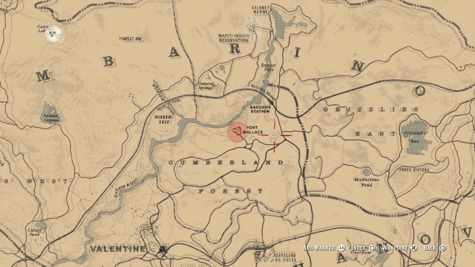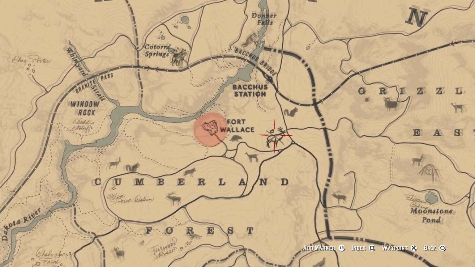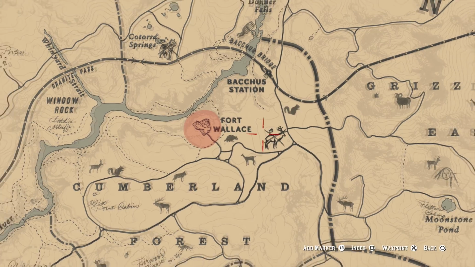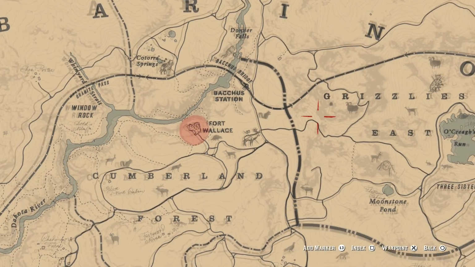Now, to find this is just directly east of Fort Wallace. So if you have discovered that, you should have no problem actually finding this. But the main thing you want to do here is from Fort Wallace, you want to go east and then slightly down. You do not want to just go east because you will probably pass it up. But that's actually okay because the place that you will normally find the clue is actually going to be over